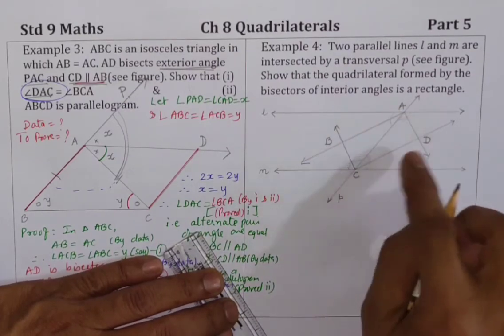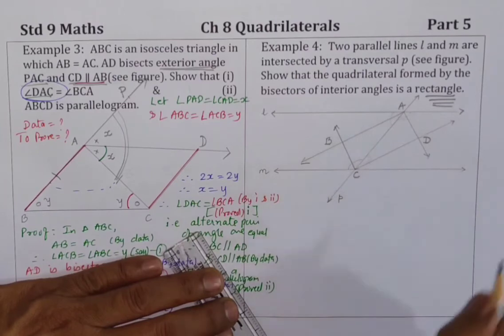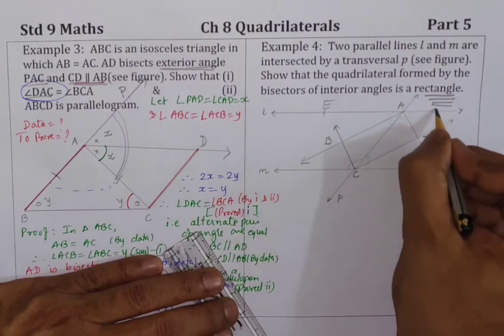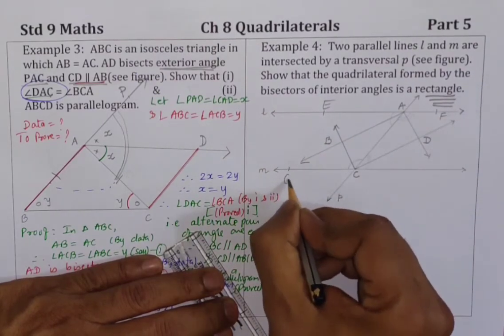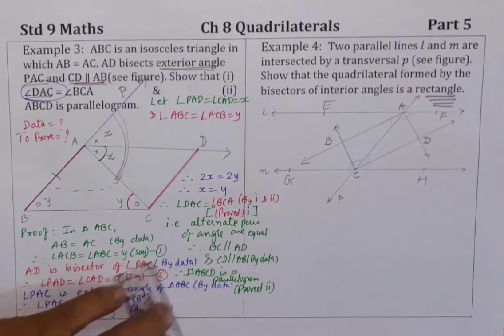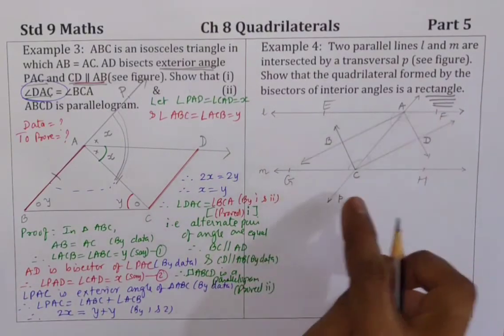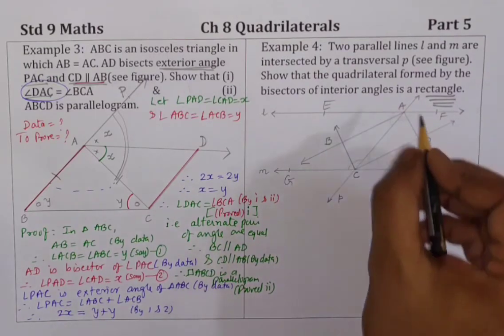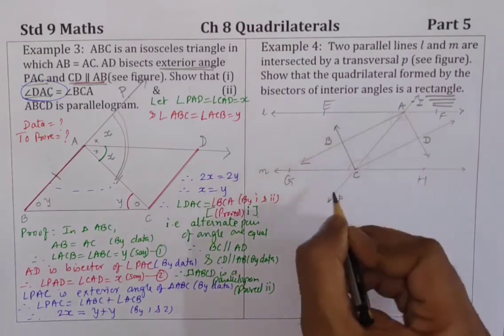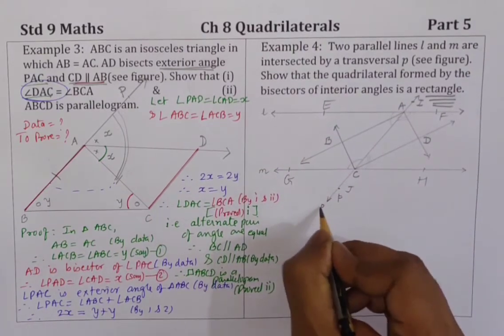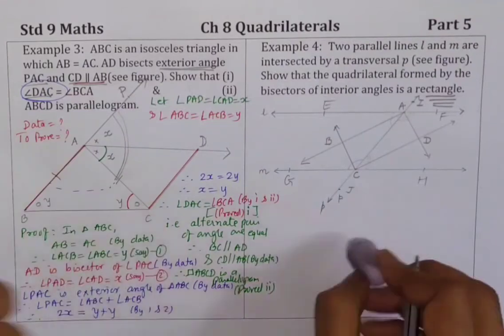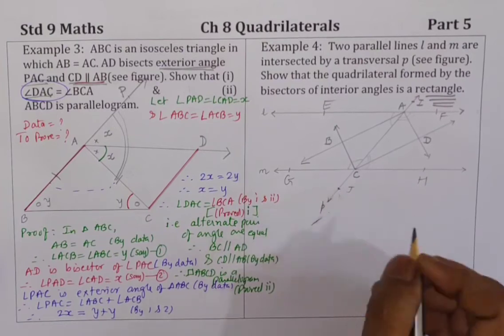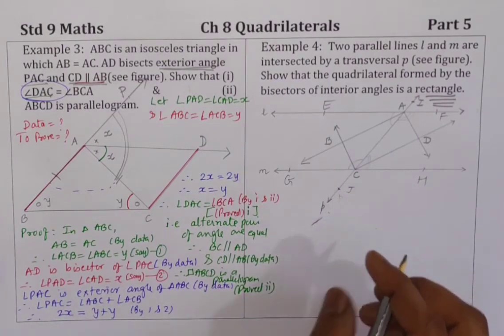ABCD जो quadrilateral फॉर्म हुआ उसको आपको प्रूव करना है, इट्स अ रेक्टेंगल। अब कुछ भी पॉइंट ले लो यहां ABCD, ये E है, ये F है, ये G है, ये H है, ऑलराइट। लाइन L इज EF, लाइन M इज GH और लाइन P इज AC। H के बाद I और J, ये तो स्मॉल p है, दिस इज स्मॉल p, दैट इज लाइन, एंड J इज कैपिटल लेटर रिप्रेजेंटिंग दिस पॉइंट, ओके।